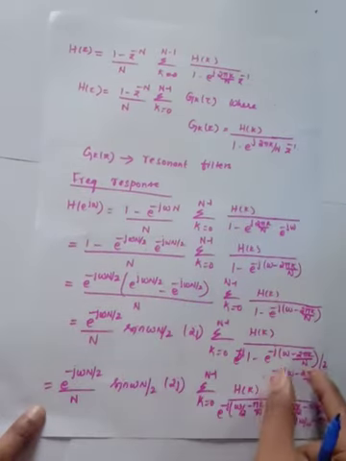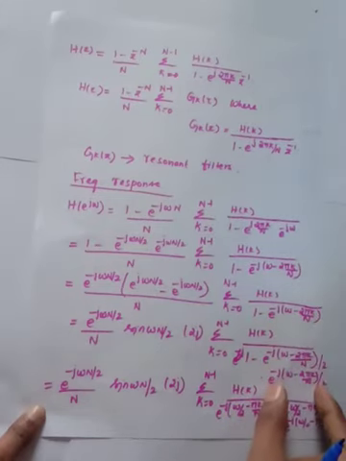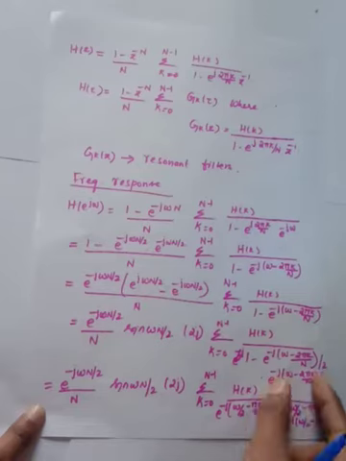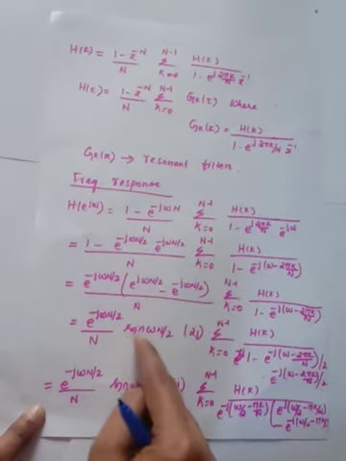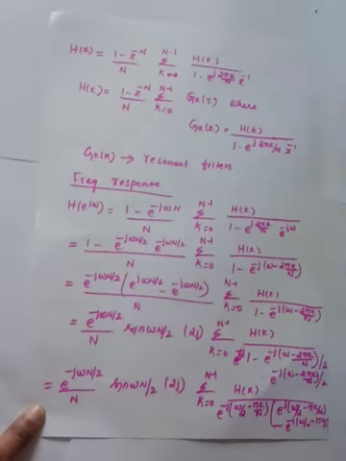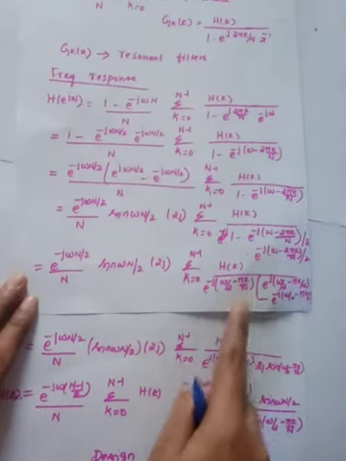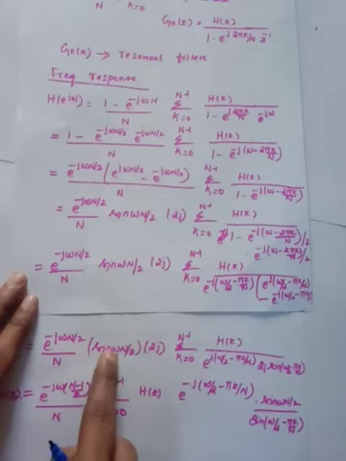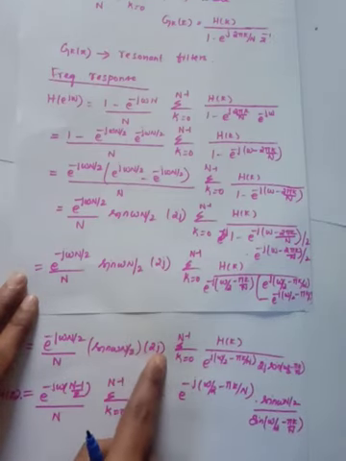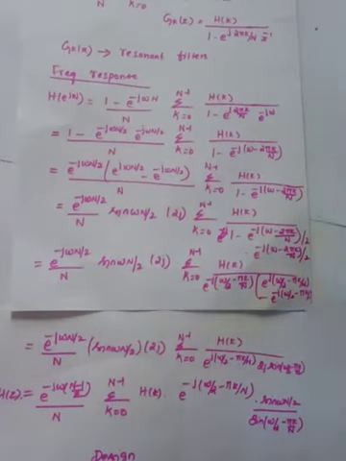Next, similarly I am going to do this for the other part. I am going to divide this by 2 and write down the two terms. Then I am going to take this one outside. So now this part becomes sin omega N by 2 over 2j. Now I am going to represent this also in terms of sin. So here also I have substituted 2j sin omega N by 2, and here also sin omega N by 2 into 2j. After simplification, what you will get is H of z equal to